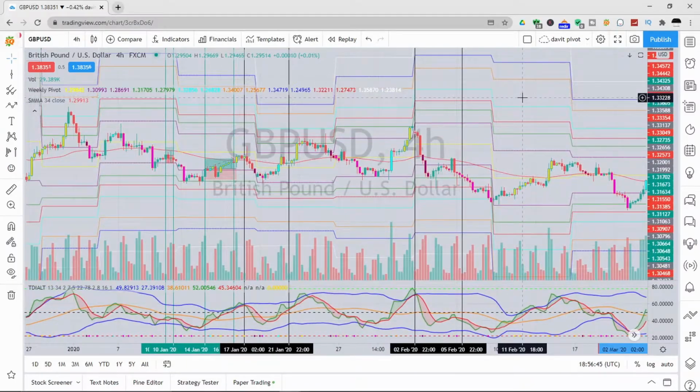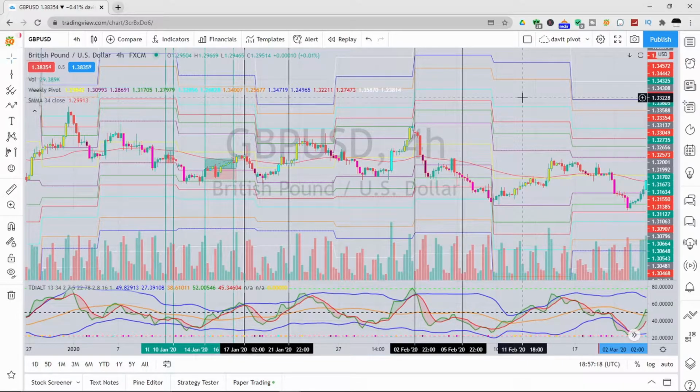I got some parameters that are probably a little bit different from Davit's, because I don't see him explaining how he puts his stop losses or his take profits. Most likely he's taking it back into support and resistance, and putting his stops at support and resistance. But what I just did was